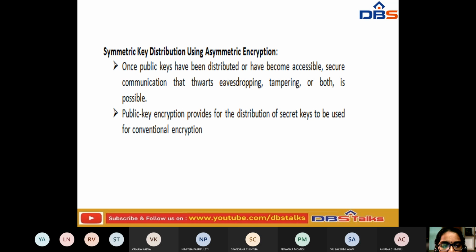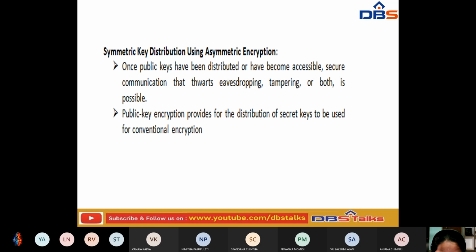Sometimes at the sender side or the receiver side, without performing any type of encryption, if they have generated some key, we can call that a public key. Once that key is generated, it will be accessible, but whether it provides secure communication or not has to be rechecked.